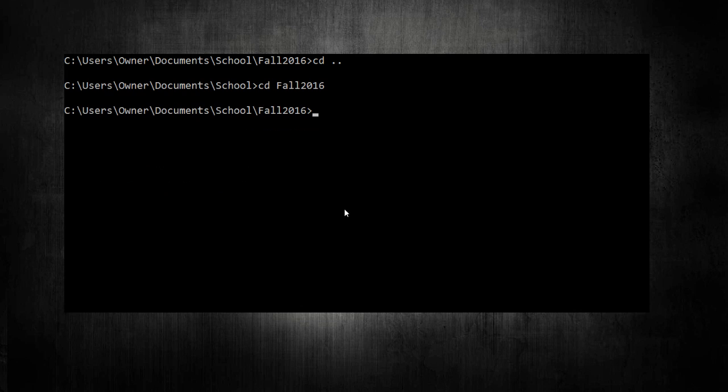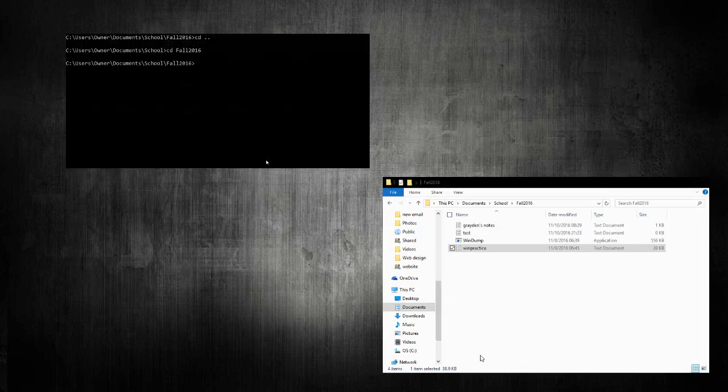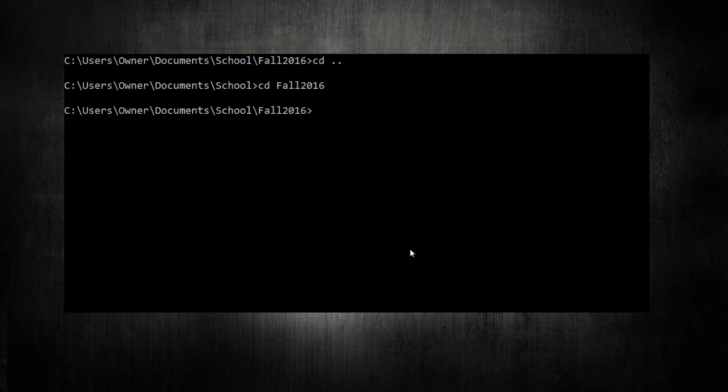Now we need to call our WinDump. So we're going to go WinDump. Now, capitals do not matter. This file is actually, if we look at it, my file is actually a capital W right here and a capital D. Capitals don't matter, so we don't have to have capitals. I can just type windump, that will work.